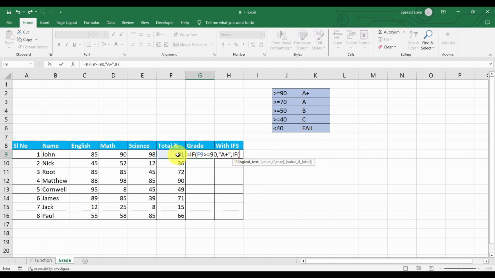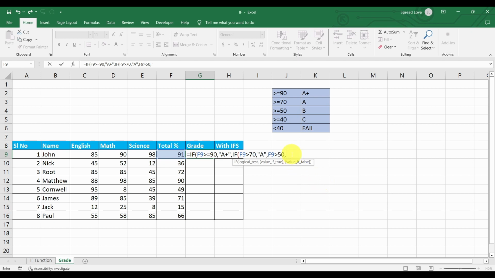This value again greater than 70. If this is greater than 70, then what we want to give them, only a grade we want to give them. Again, if it is also not true, again select this, and if this is greater than 50, then what we want to,